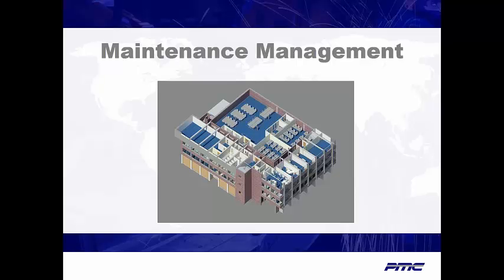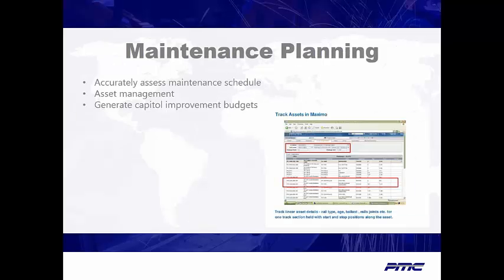If the maintenance staff needs to access manufacturer's data on equipment, how many steps does it take? 5, 10, or more? There can be great savings on staff time if not having to take a half day looking for documents. A simple task, such as changing a light bulb, can be simplified if the maintenance staff knows exactly the bulb type and the manufacturer that needs to be replaced. All of the building elements can be identified with their associated documentation, such as warranty and maintenance log, in a single source. This will allow for more accuracy in maintenance planning, asset management, and provide the data to generate capital